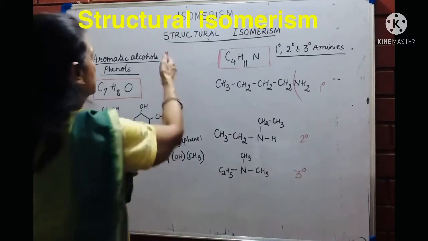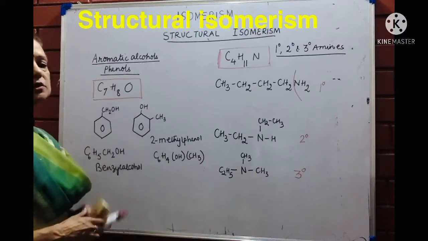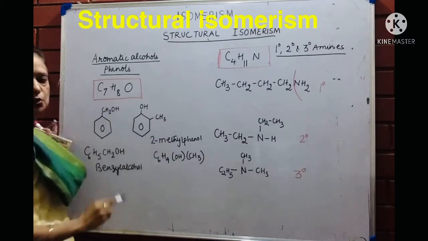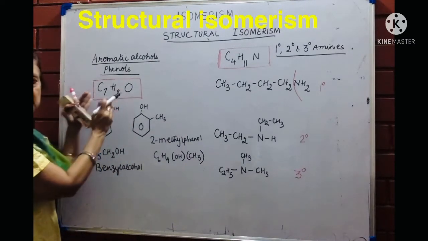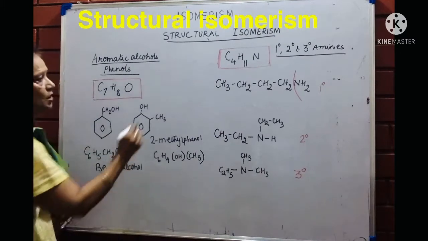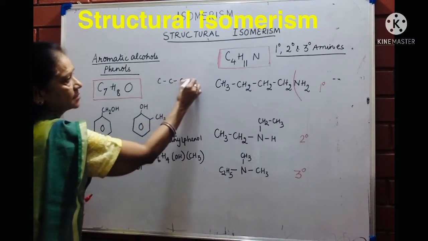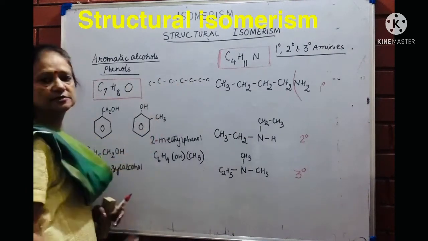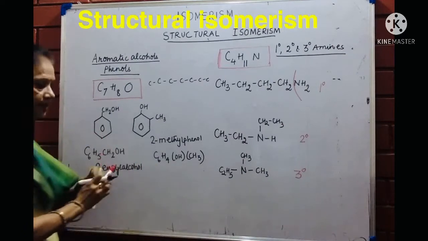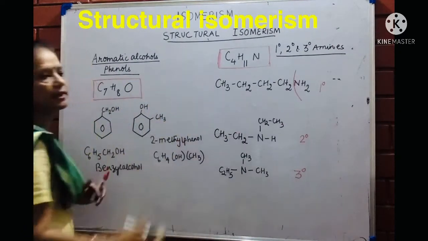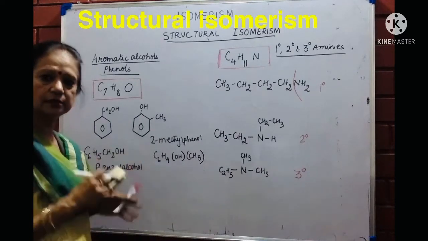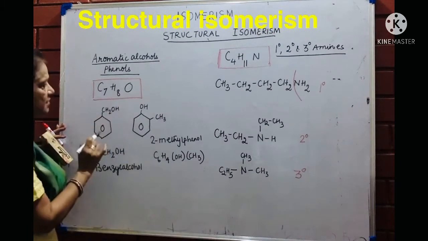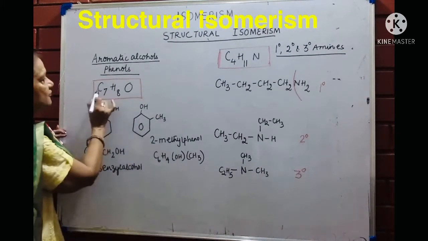Now look at the next pair, which is called aromatic alcohols and phenols. When you are given a molecular formula like C7H8O, in which the number of carbon atoms is very large and the number of hydrogen atoms is very small. If I want to make 7 carbon atoms in a chain like this, 6 and 1, 7, with 8 hydrogen atoms I cannot complete it. So definitely think that this compound could be an aromatic compound, that is, it could be in a ring. So I've made a ring here and attached CH2OH, which becomes benzyl alcohol, which fits into this formula.